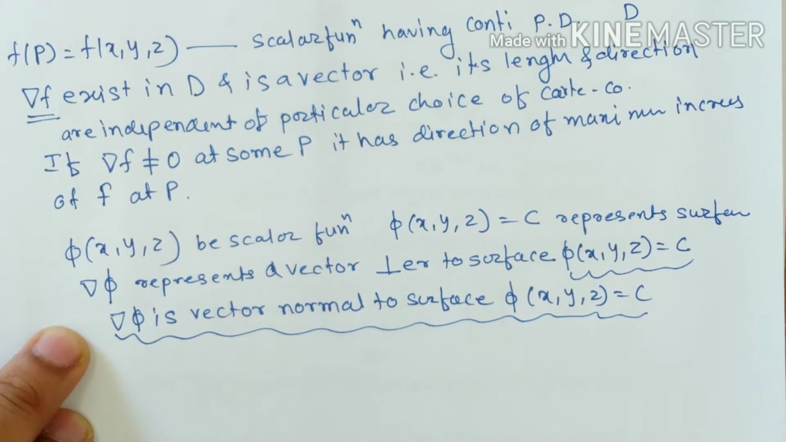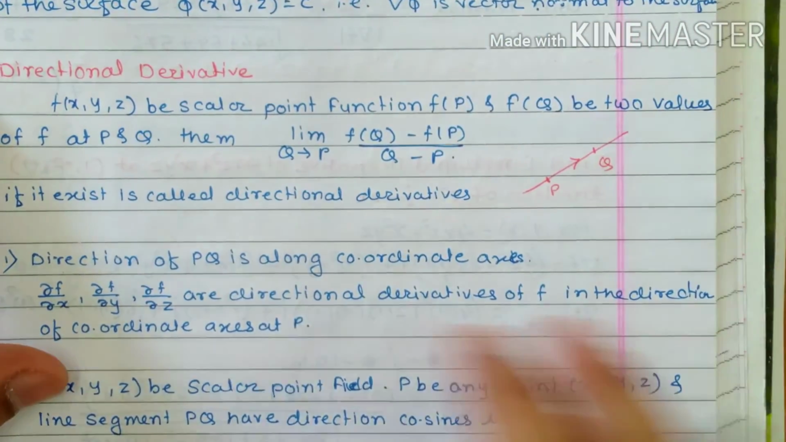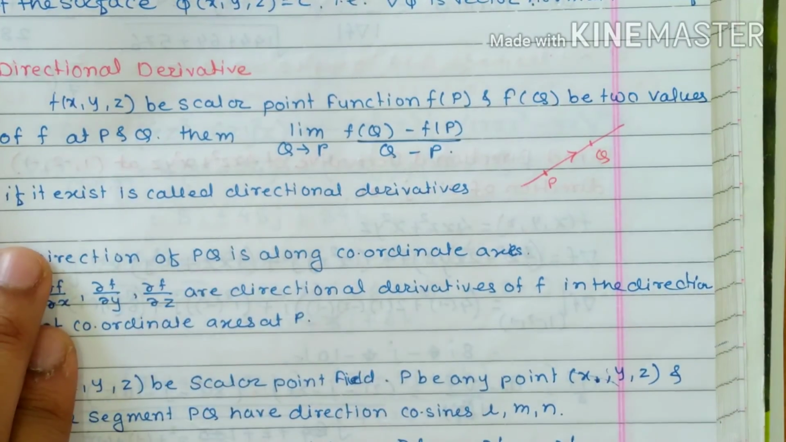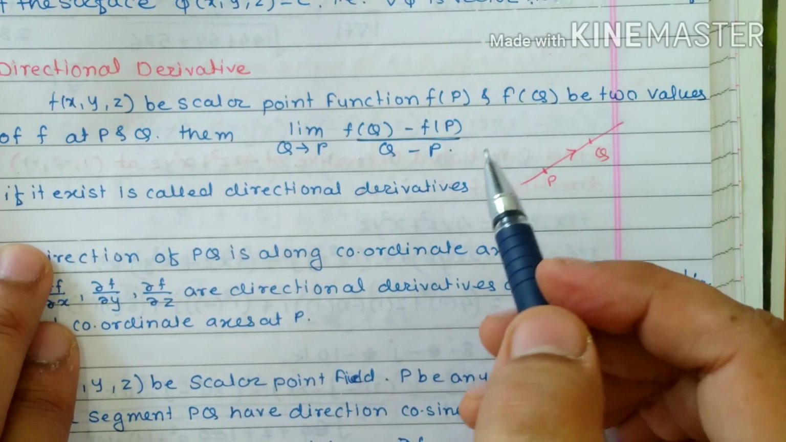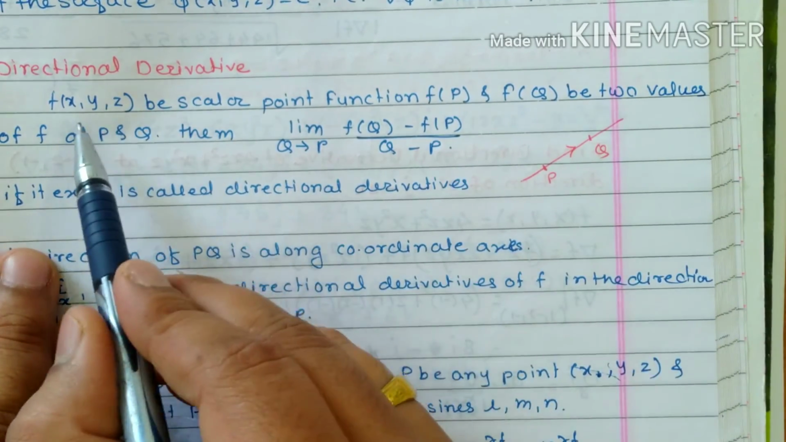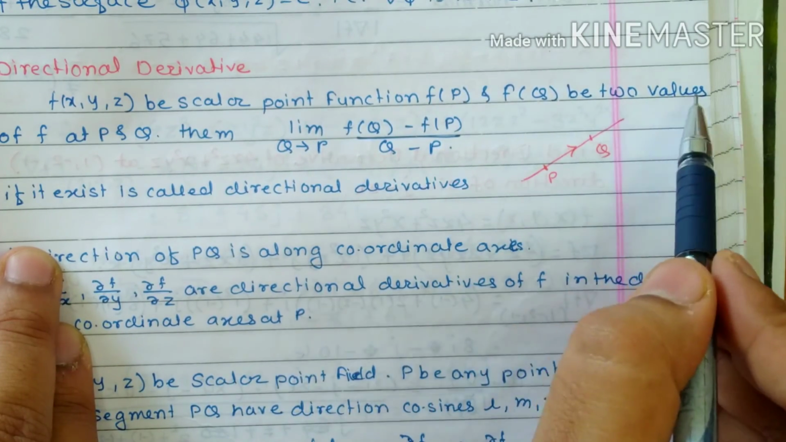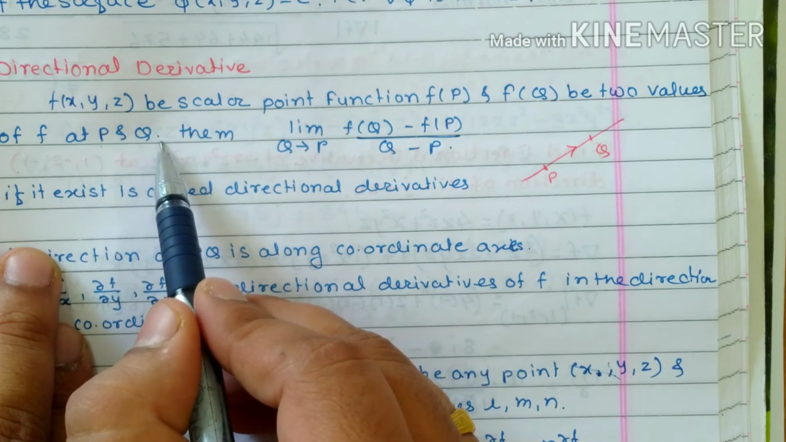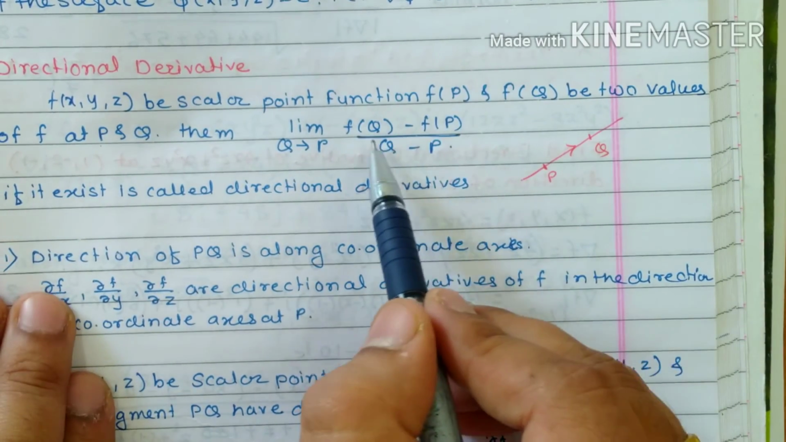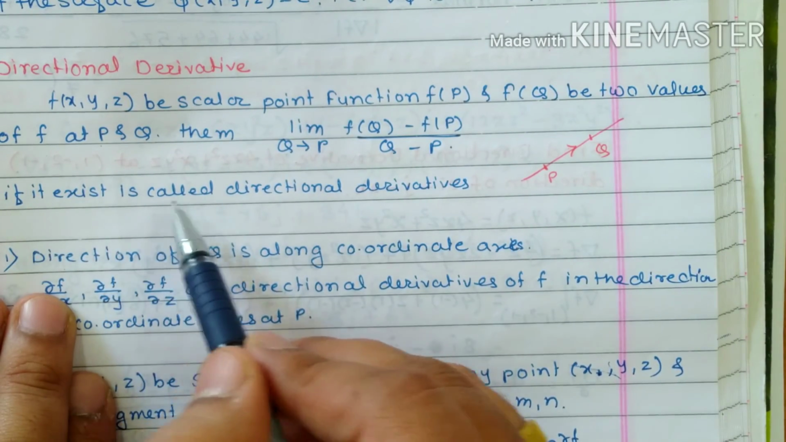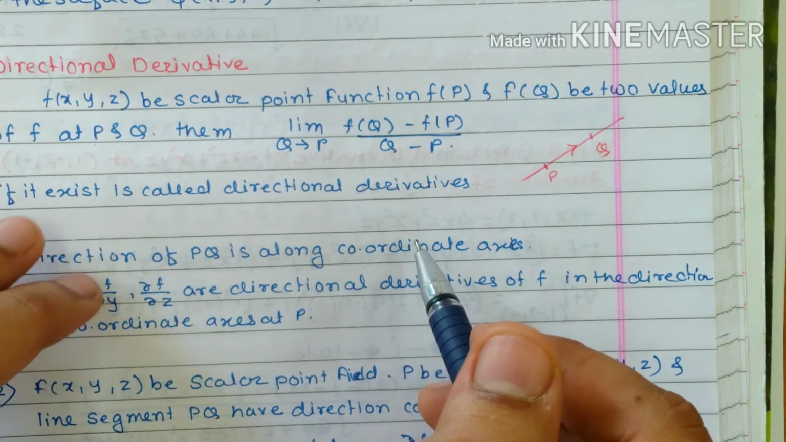Now further, the next very important point is called the directional derivative. Whenever we want to calculate the derivative of a scalar point function in some particular direction, we use the gradient concept. Let f of x, y, z be a scalar point function, and f of p and f of q be the two values of f at two different points p and q. Then the limit as q tends to p of f of q minus f of p, divided by q minus p, if this limit exists, is called the directional derivative, and it is given as